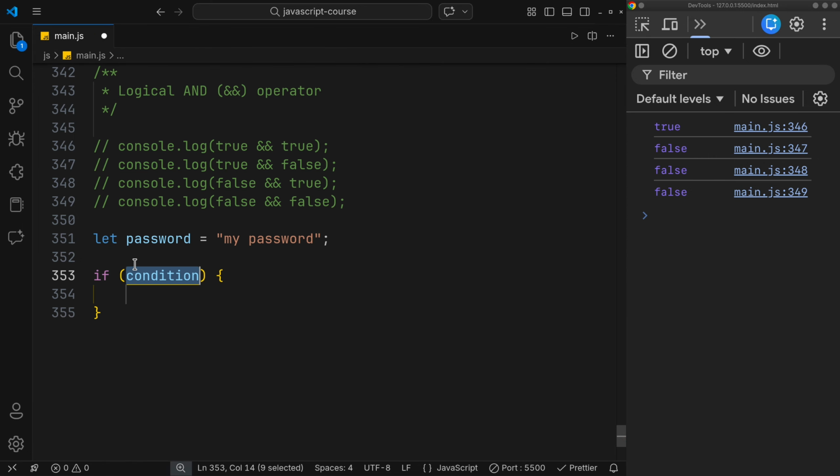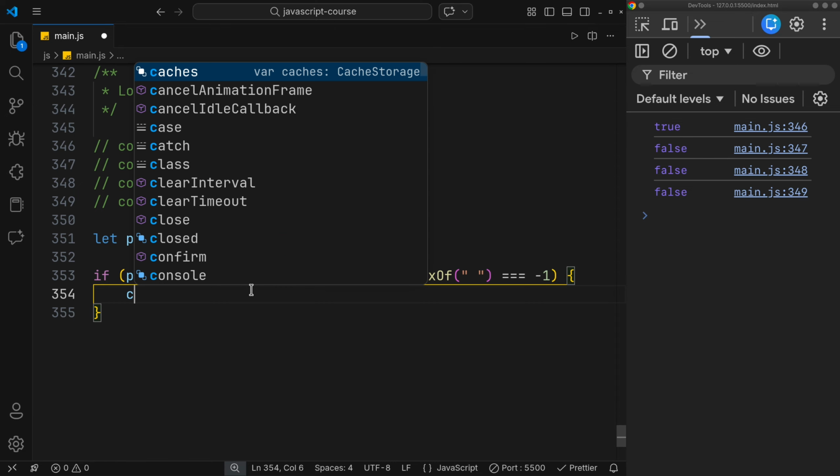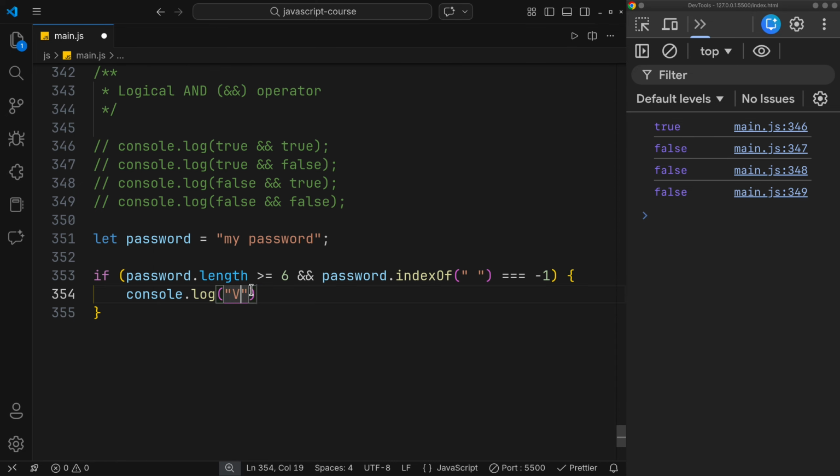So if password.length greater than or equal to 6, and password dot indexOf the space equals -1. So what does that mean? Password length must be greater than or equal to 6, and also the password does not contain any sort of spaces inside of it. If that is true, then we can do console log of valid password, or something like your